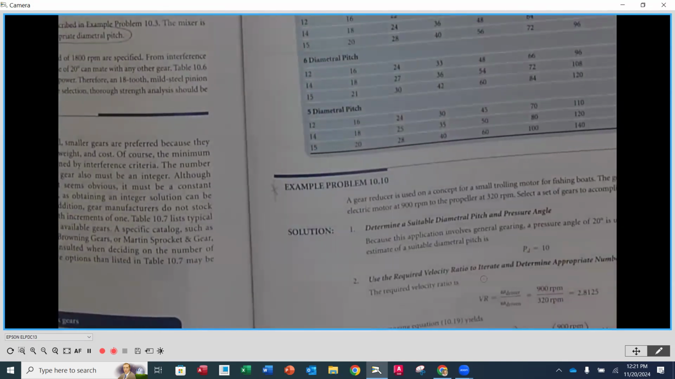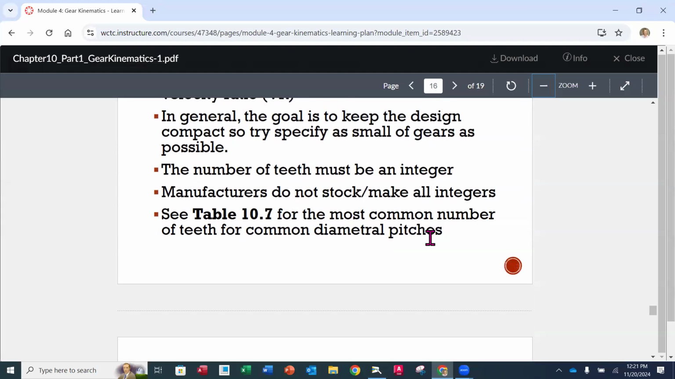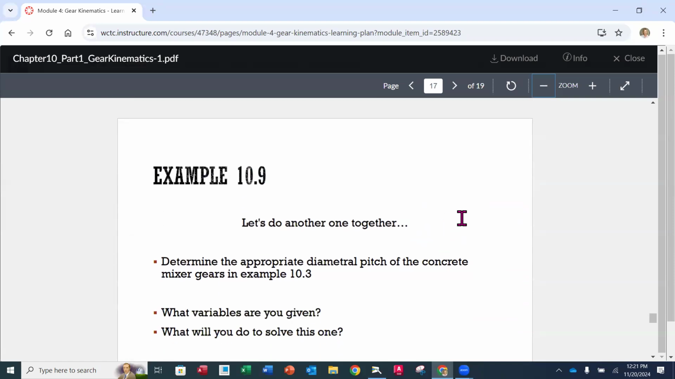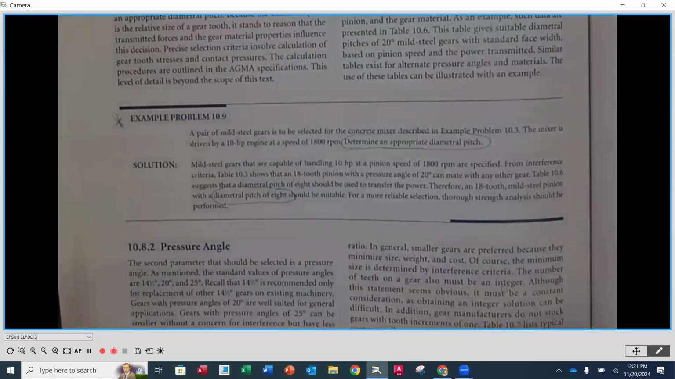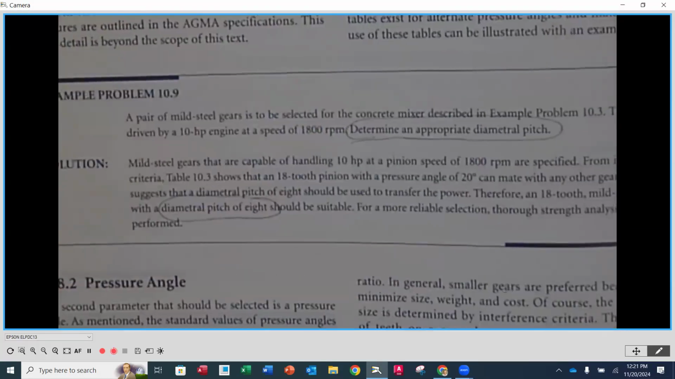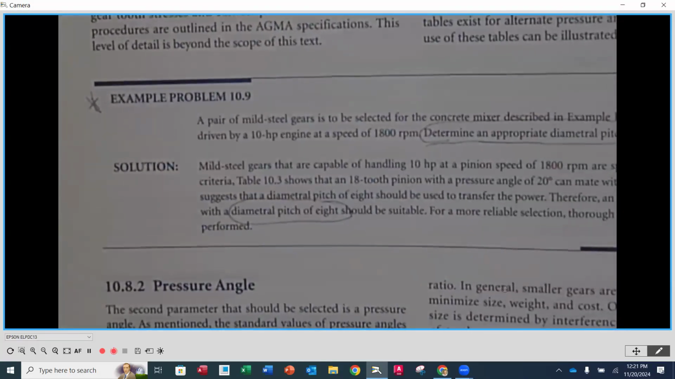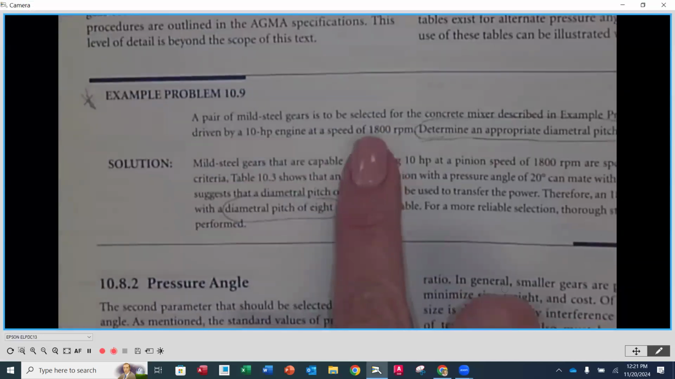So let me just catch up with our PowerPoint. I think we're ready to look at example 10.9, okay? Example 10.9, all we want to do is determine what is the appropriate diametral pitch for the concrete mixer from example 10.3. So if we go underneath here, we have example 10.9, which is on page 276. We want to pick